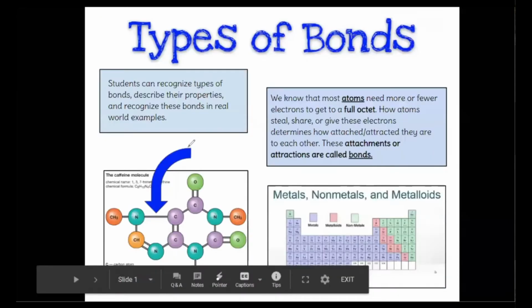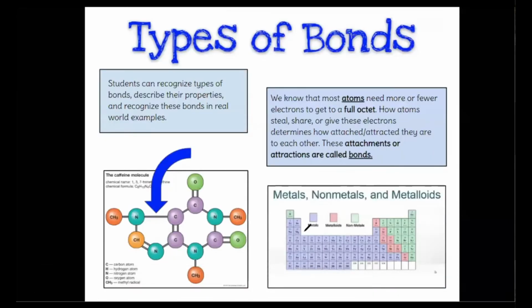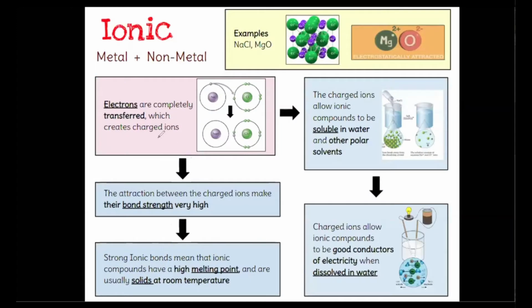If we go back real quick, we can see that all of our metals are towards this side where we have lower electronegativities. All of our nonmetals are towards this side where they have higher electronegativities, how badly they want electrons. So when we have ionic bonds, our electrons are going to be completely transferred. So for sodium and chlorine as our examples, the sodium completely loses an electron, the chlorine completely gains an electron,